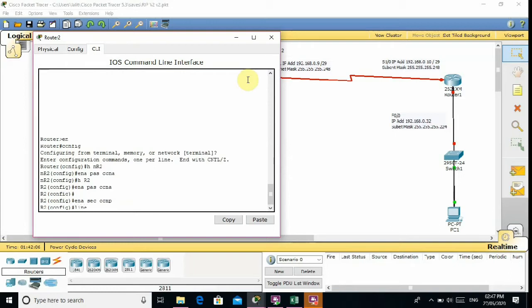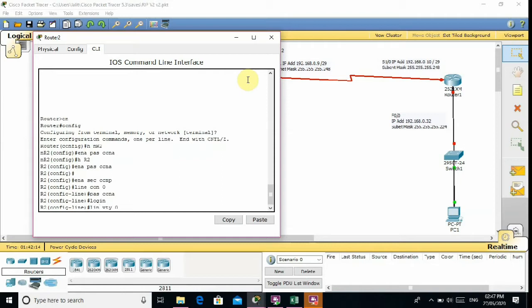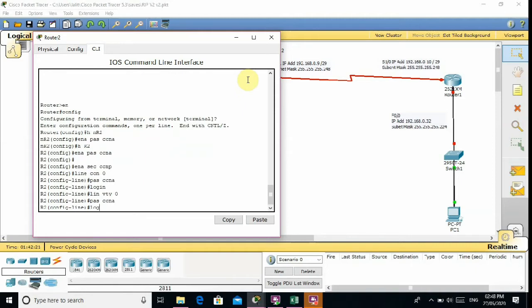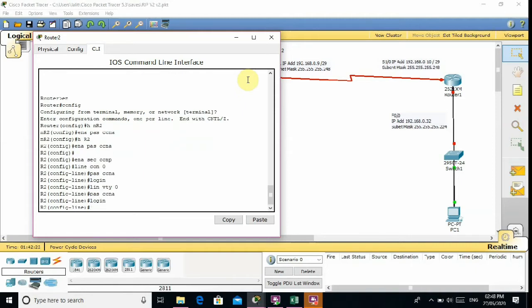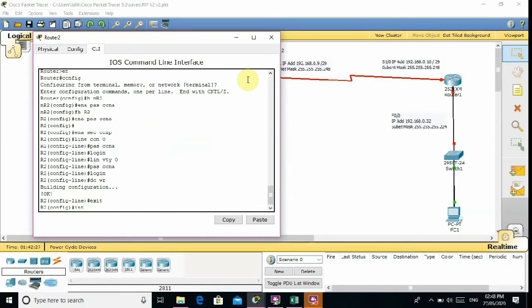Line console 0 password is CCNA, login. Line vty 0 password is CCNA, login. Save this configuration with the do wr command.